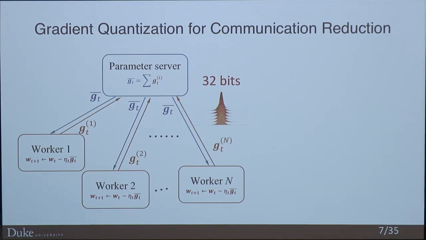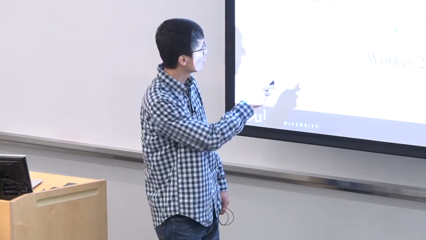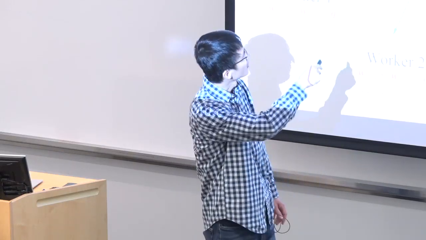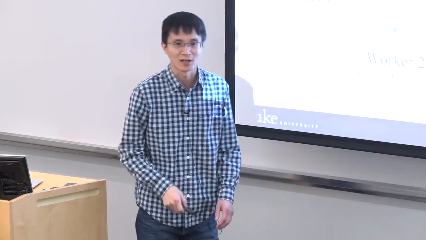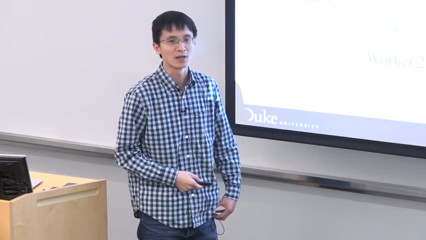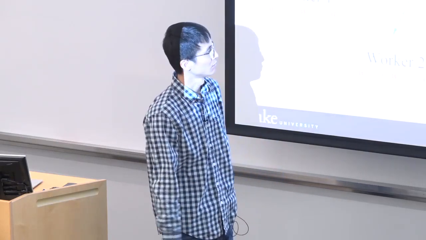Then each worker will update its model by the averaged gradients. So you assume the model has n copies. Yes. Then all the models are always the same. Yes, they are updated by the same gradient, and the initialization is the same, so the updates are also the same. So you only distribute the training data to each node. Yes, the model is in the worker, and they use the same initialization seed, so they will always be the same.